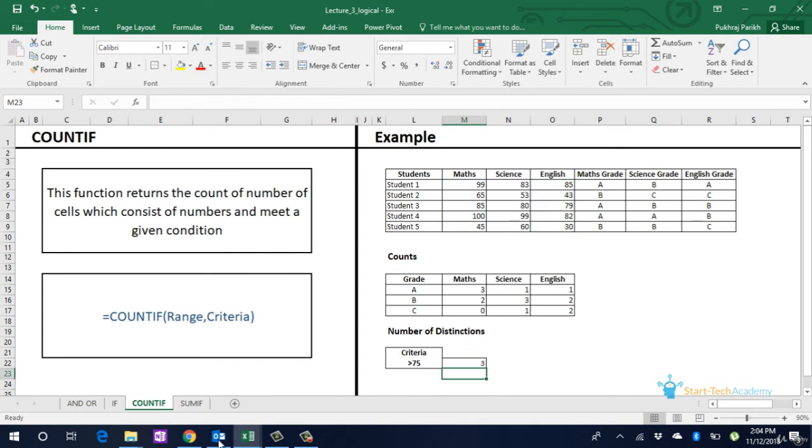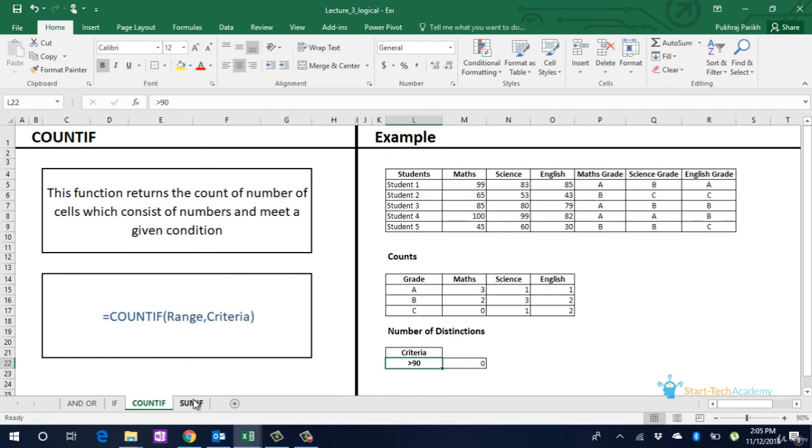enter. The advantage of using COUNTIFS is that just by changing the value in this criteria cell of 75, we can change the criteria of classification of distinction or not. We can see that no student has scored more than 90 marks in all the 3 subjects. However, COUNTIFS only gives us the count. It does not tell you which student has actually passed with distinction, which we found out earlier using the IF statement.